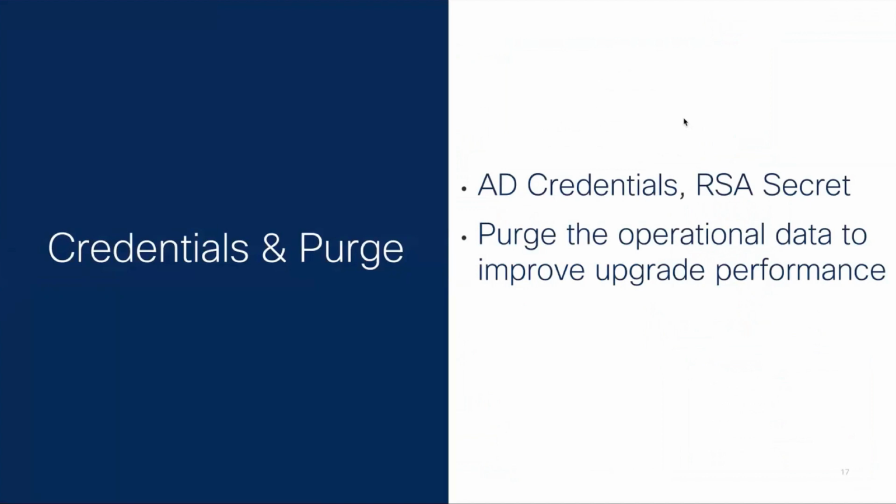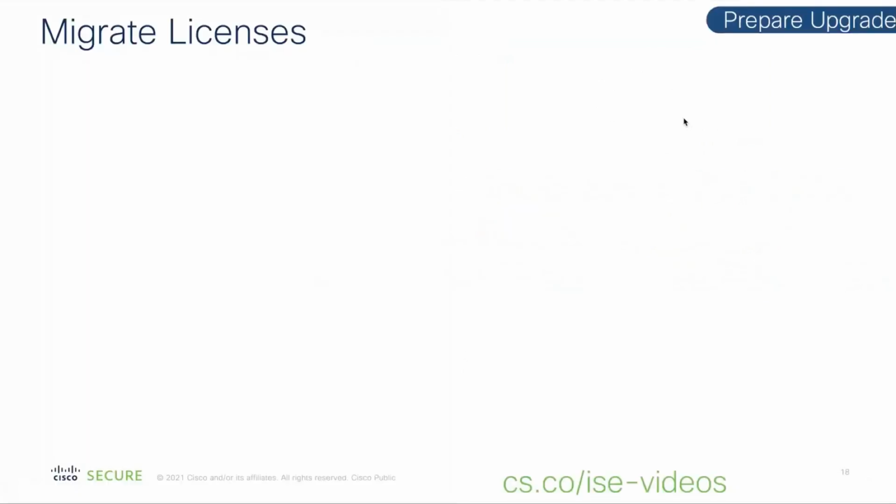You might have to take a note of your Active Directory credentials, RSA secret, and in order to improve the upgrade performance, you might have to actually purge the operational data. During the preparation of an upgrade, the next important thing, because most of the guys were already running on 2.6 and 2.7,